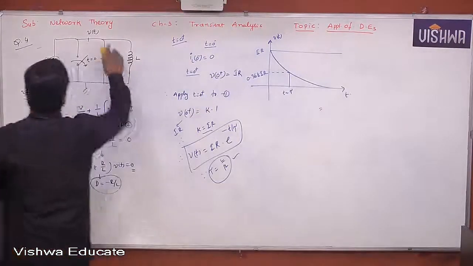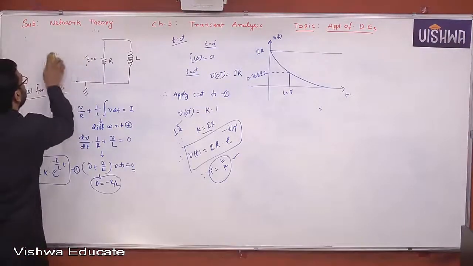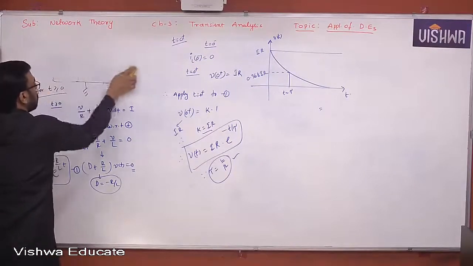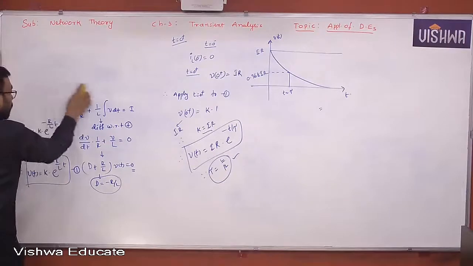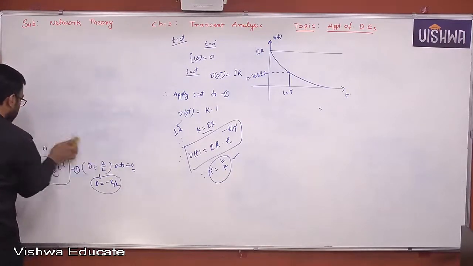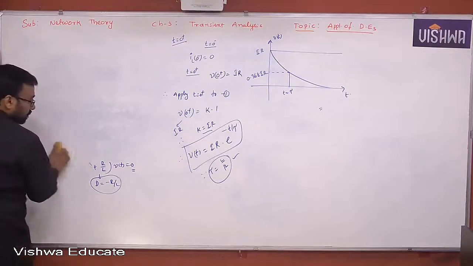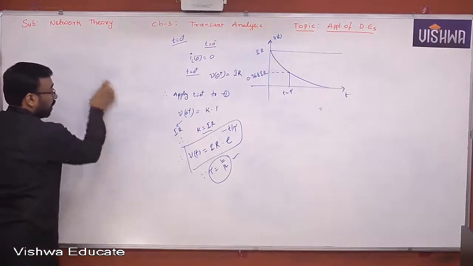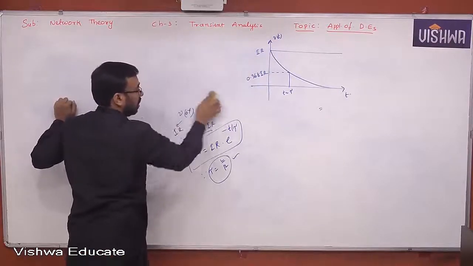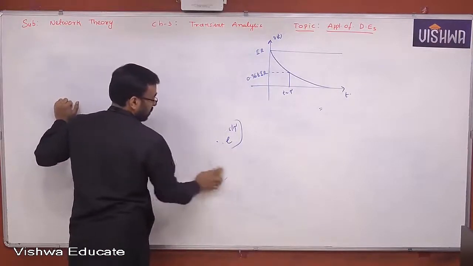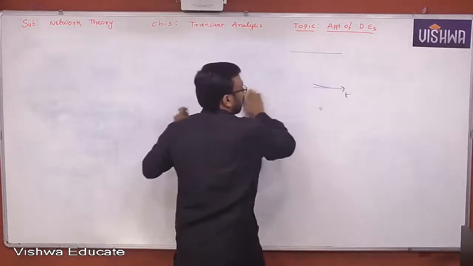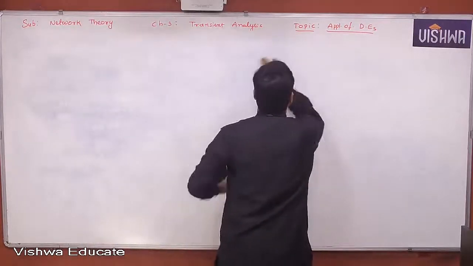Now let us discuss a simple technique to determine the time response. Some shortcut method, some simple formulas are there to determine the time response. But you also know that every simple or shortcut method will have certain limitations. Yes or no? Shortcuts look very nice, but definitely shortcut methods have certain limitations.